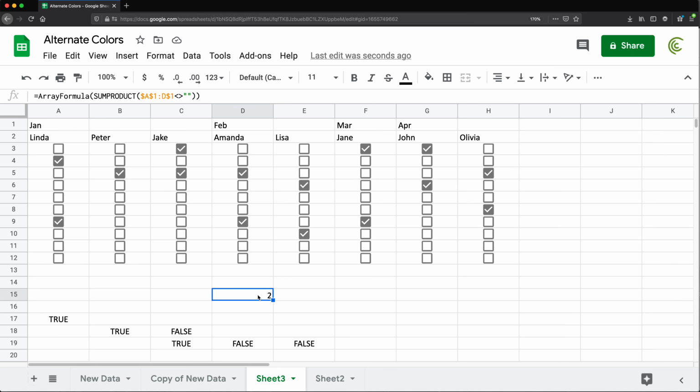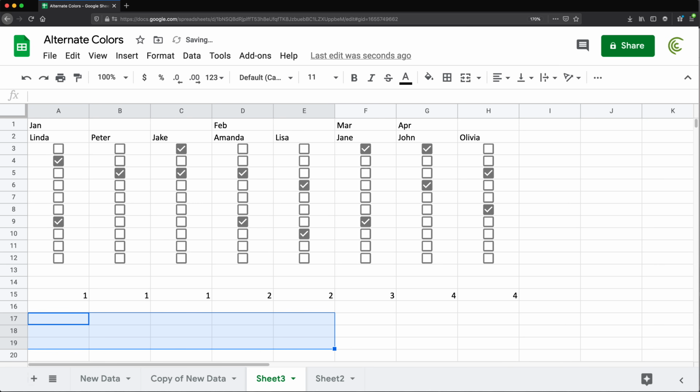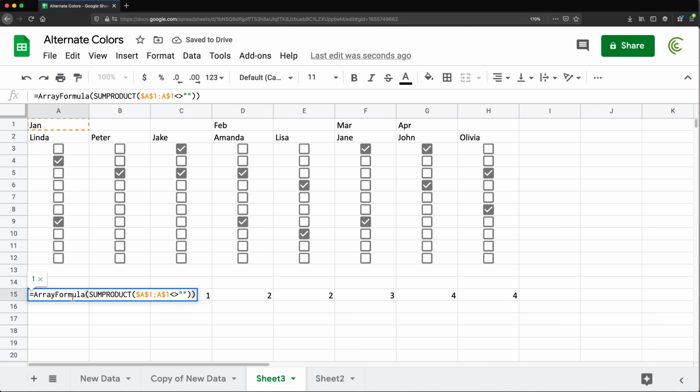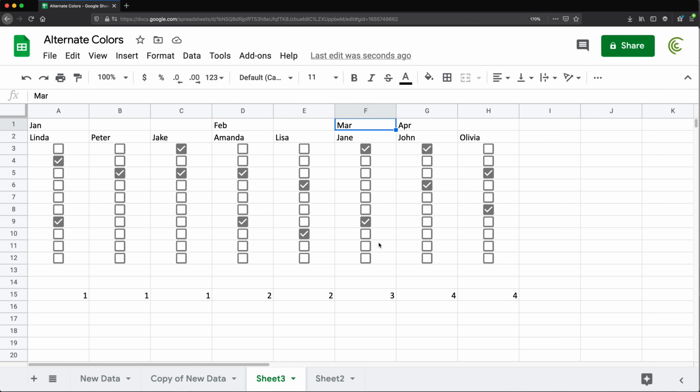So we had 2 trues, so we got 2 as a result. Now, if I take this and do that same thing for all of these columns, so now I can drag this formula left and right without worrying of things spilling out like this, then I can delete all of this. Now, you'll be able to see what I get with this formula is 1, 1, 1 for this first January, then February gets me 2s, and then March gets me 3, and then April gets me 4s. So now I have unique numbers for each group